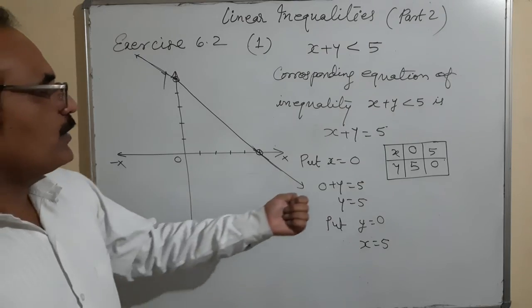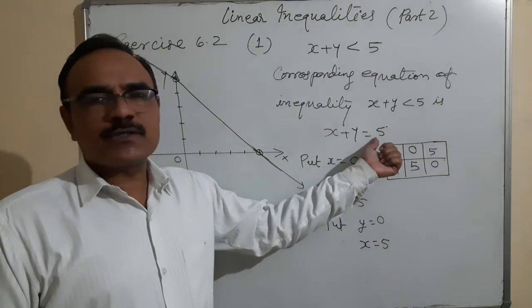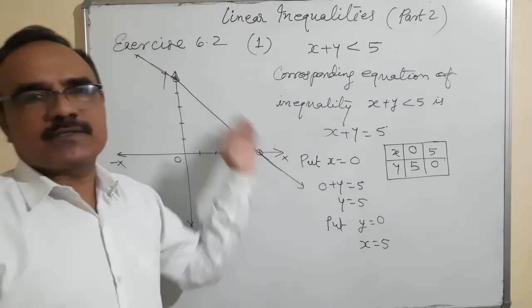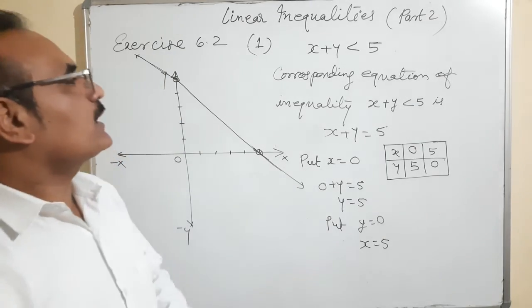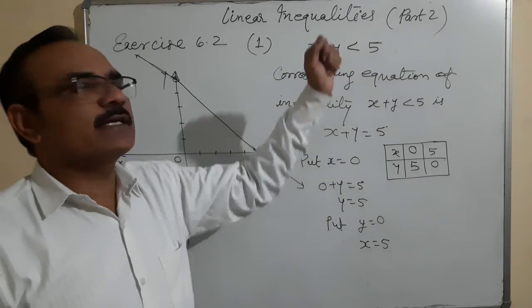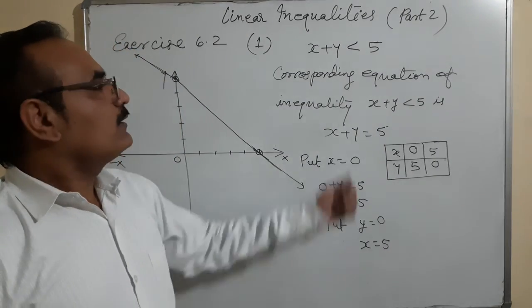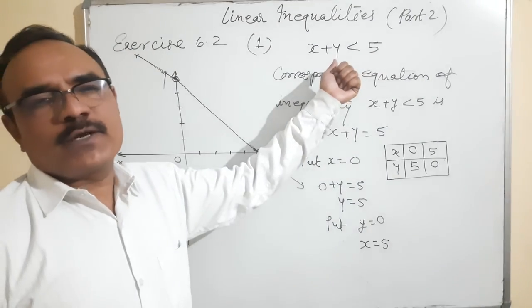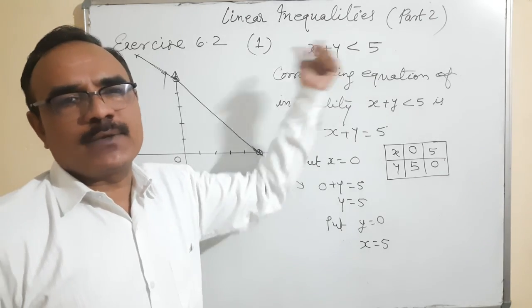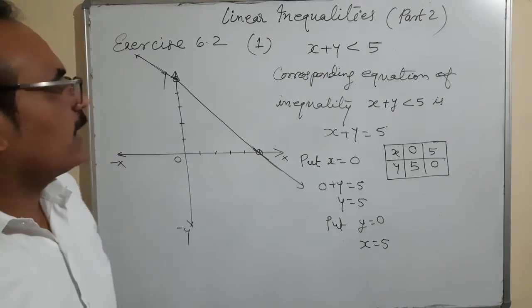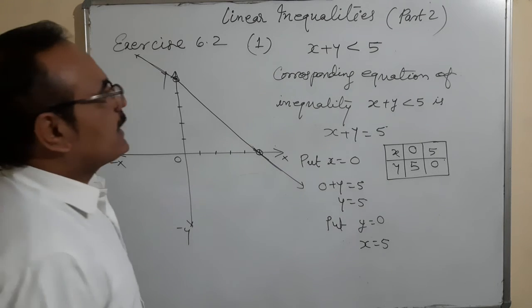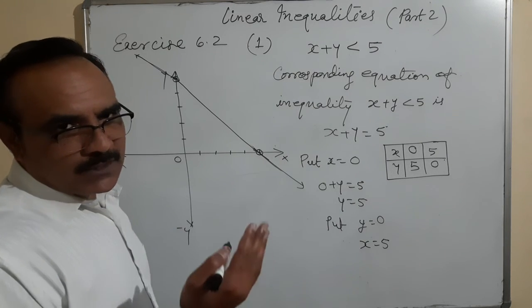Here, if we are going to find the equation x plus y is equal to 5, then I think it is sufficient. That is the representation of a line. But the question is x plus y is less than 5. So what are we going to represent in equation? Inequality. Okay. So for inequality, now let us decide the shaded portion, that means the portion which we are going to represent,